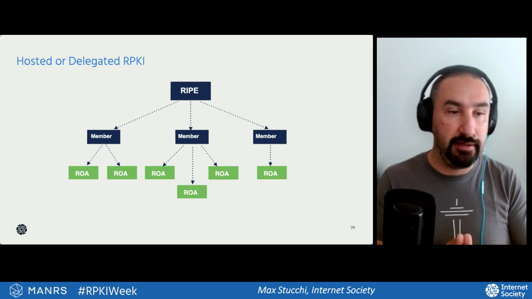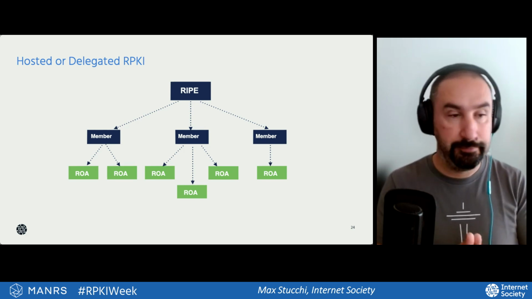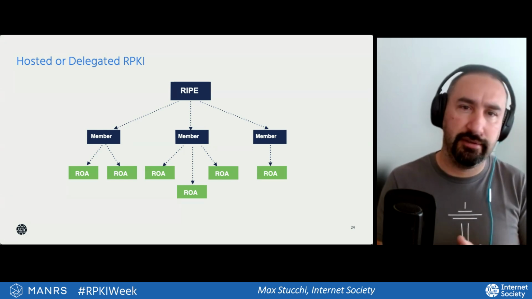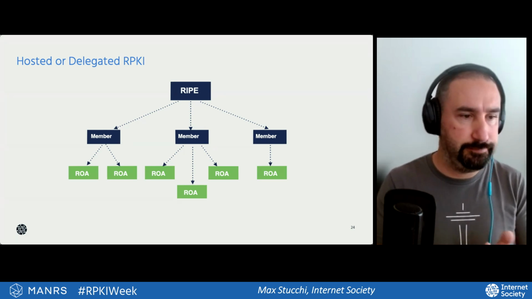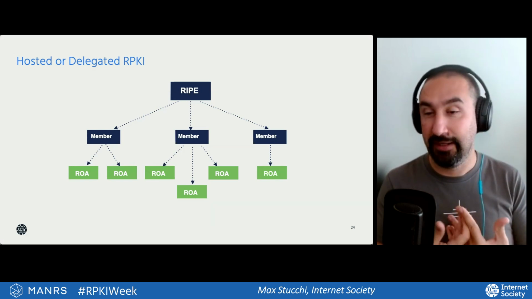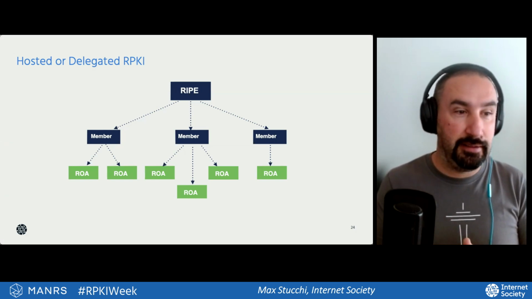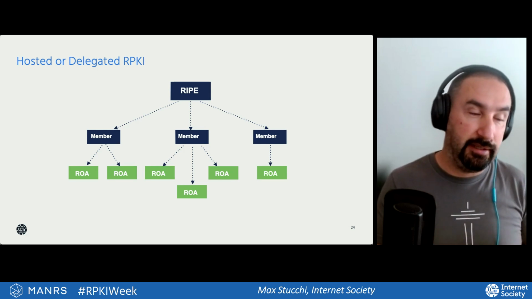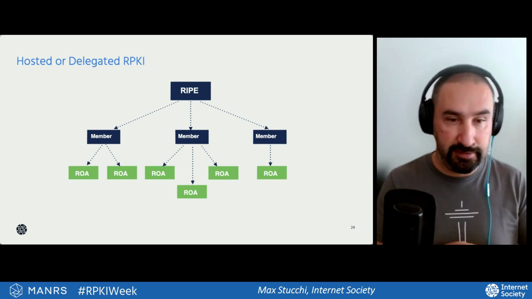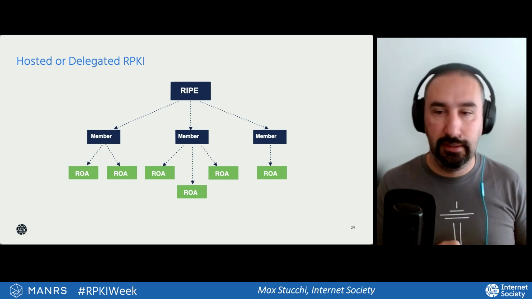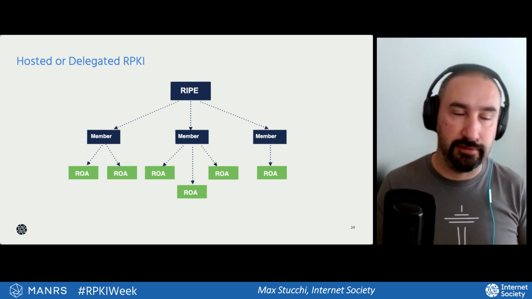This is enough if you have a small network. This is perfect even if you have a large network where things don't change too much. I operate a very, very small network, of course. But if you are a network that has different allocations in different regions, if you change things very often,